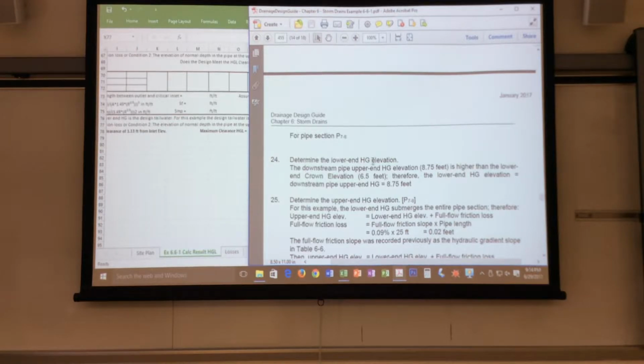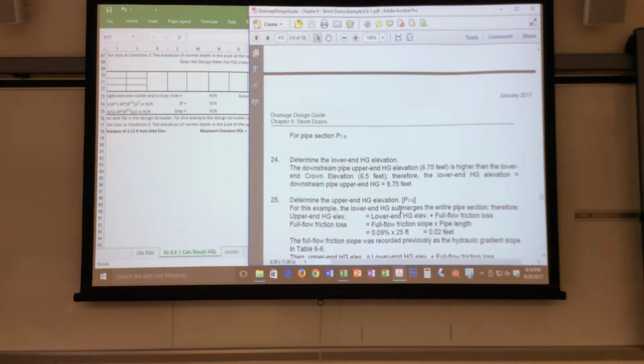Now it says determine the lower end hydraulic grade line. The downstream upper end, 8.75, is the lower end crown elevation of 6.5. Therefore, the lower elevation equals the upper end hydraulic grade line. Now, what they're saying here is,